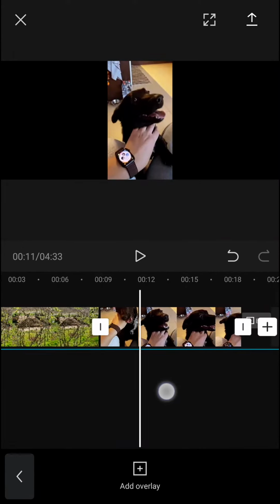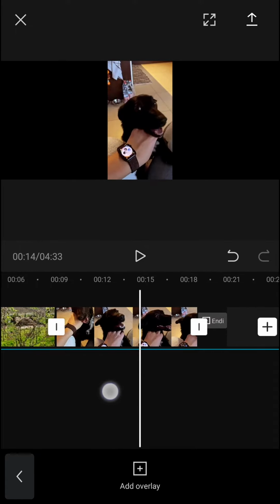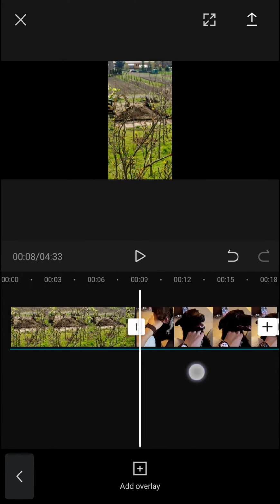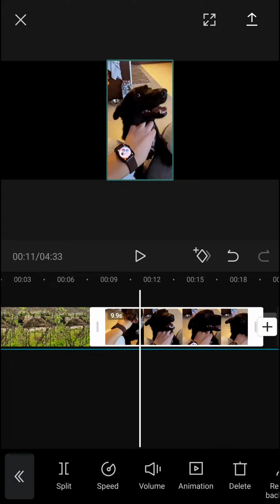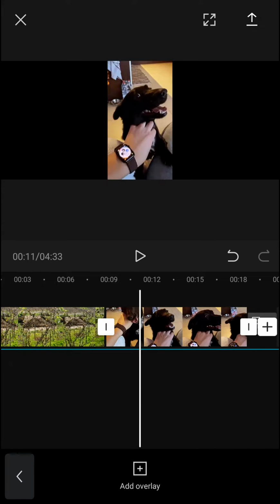In this video I will show a simple way how you can easily blur a video in CapCut. So what you want to do is, when you're in CapCut, split the video if you want to, but what you can do is simply